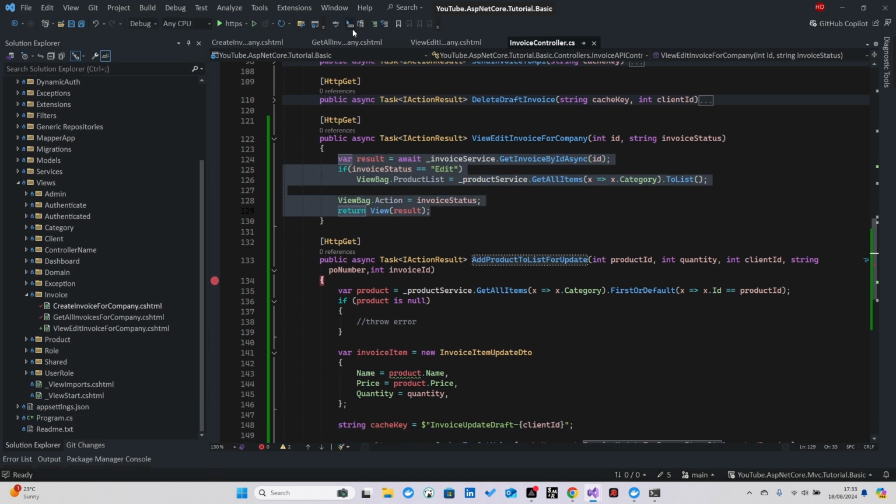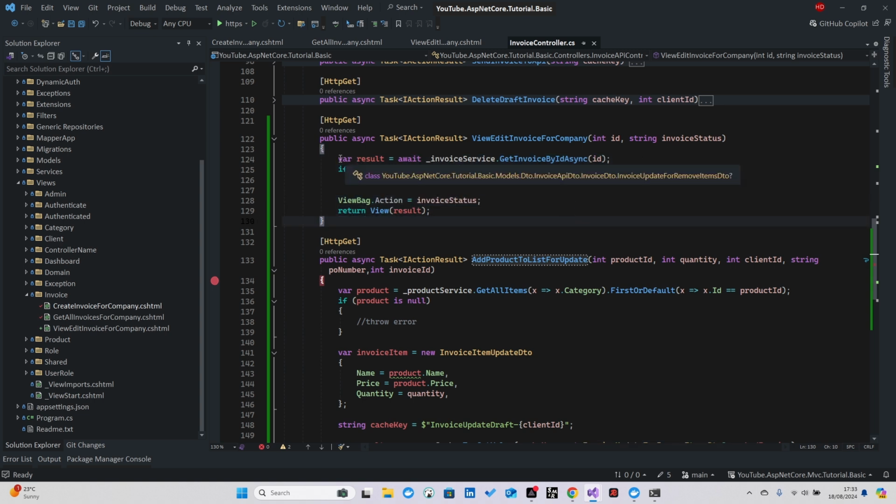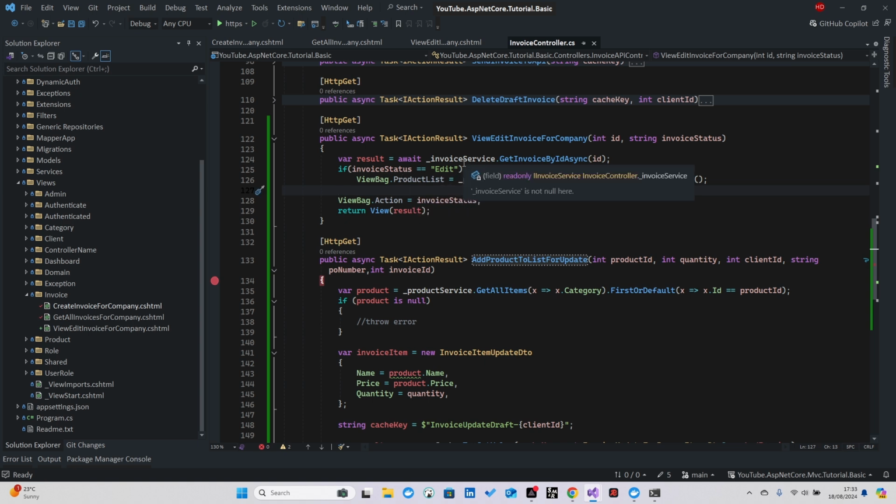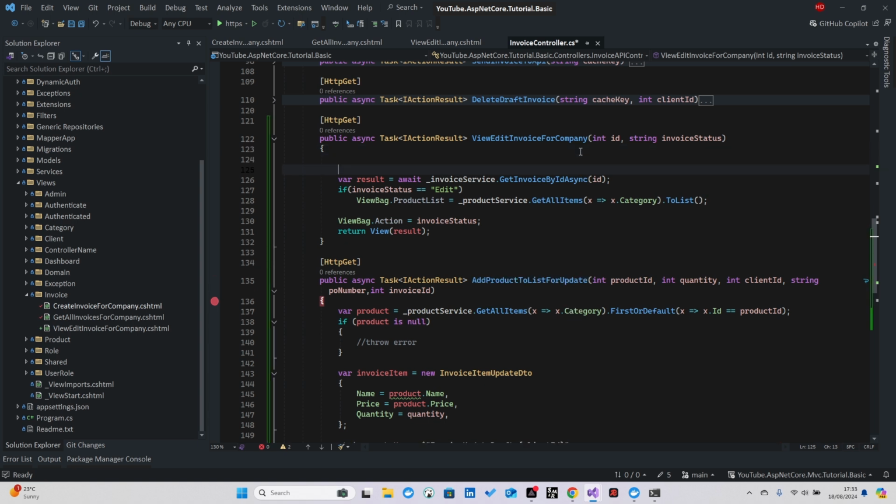Okay, let's stop the application now. When we send the request here, we are taking the data directly from our cache memory, but if it's edit, we need to take it from, basically from our database, sorry, cache memory. So what I'm gonna do is, if it's going to be edit, okay, so if invoice status it's edit,